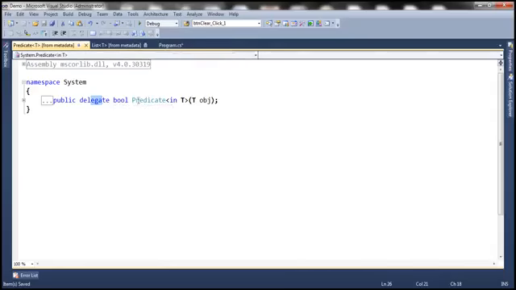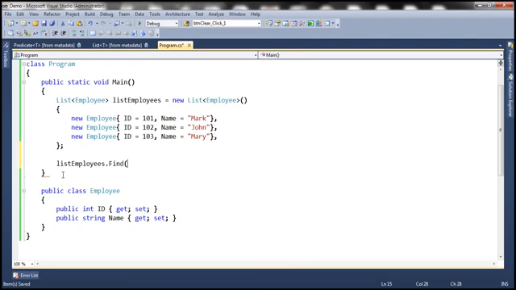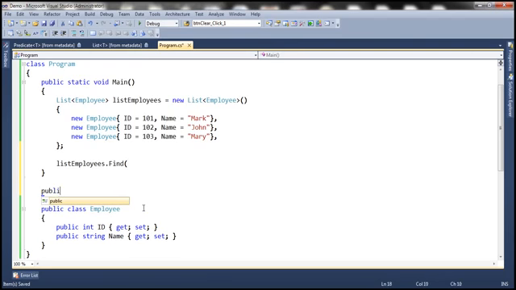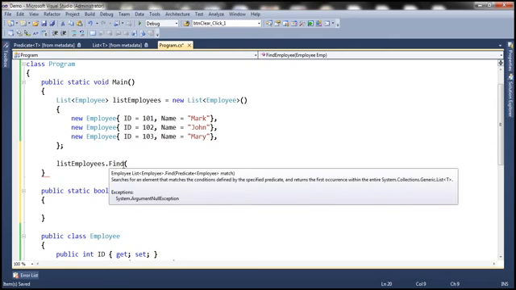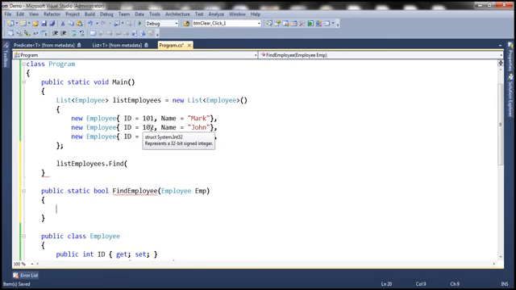So let's go ahead and create a function which returns a Boolean and expects an object of type employee. Let's write that method here. So public, let's make it static, and this is going to return Boolean, and let's call it FindEmployee. And to this we give an employee object, let's call it emp. Now what logic should we have here? Our initial requirement is we should be able to find an employee who has an ID of 101 or 102 within this list. So what we are going to do is return